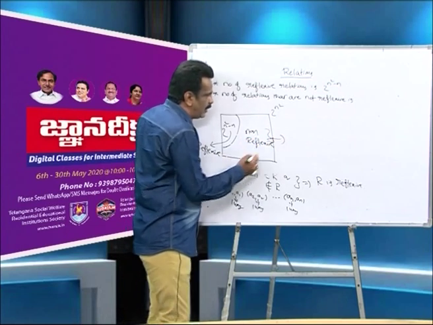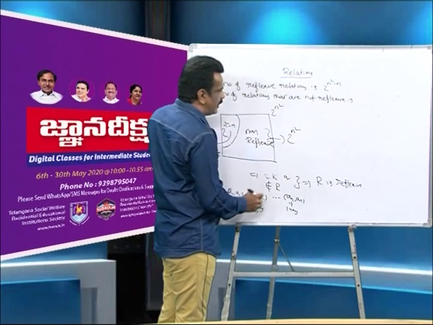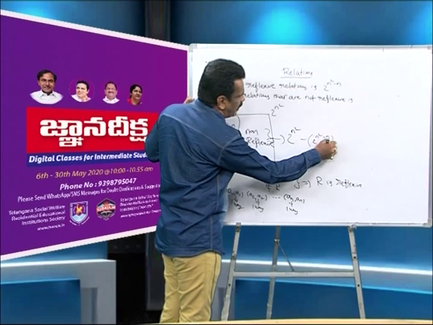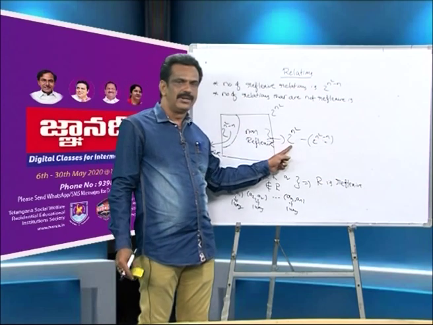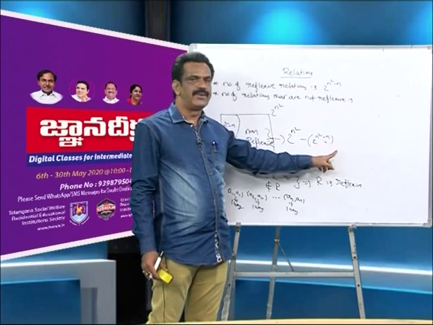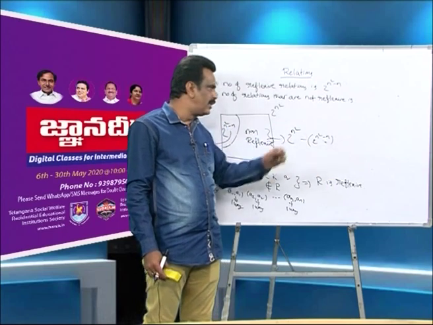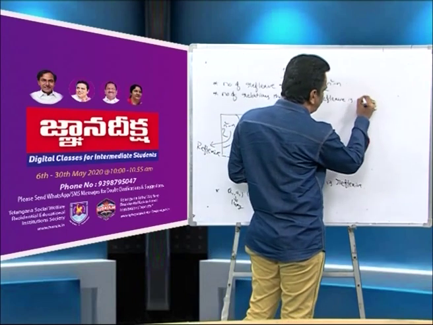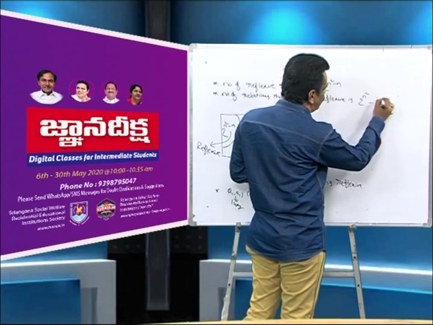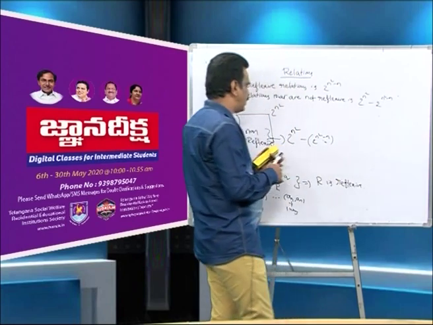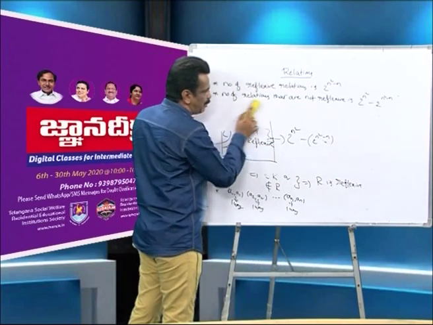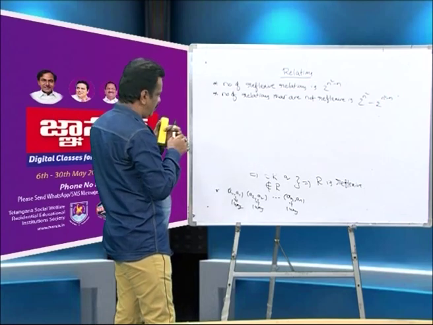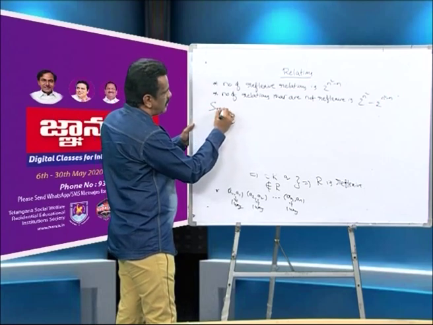Non-reflexive implies how many? From the total 2 power n square, delete the previous one, 2 power n square minus n we can write. So total number of relations minus number of reflexive relations, that comes under number of relations that are not reflexive. We can write it is 2 power n square minus 2 power n square minus n we can write. And next we discuss the property symmetric relation.